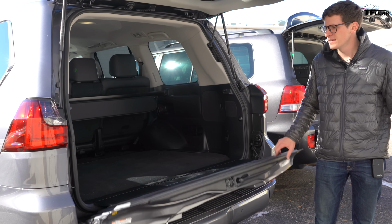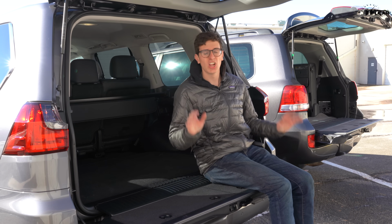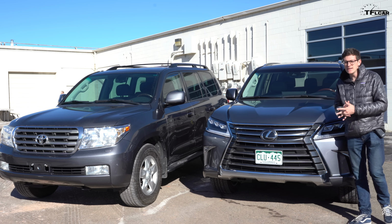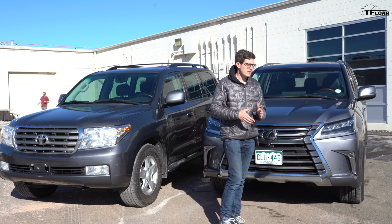Come on. Yeah, check that out. Love this feature. Here's the thing though, when the LX debuted in the 1990s in the 80 series configuration,